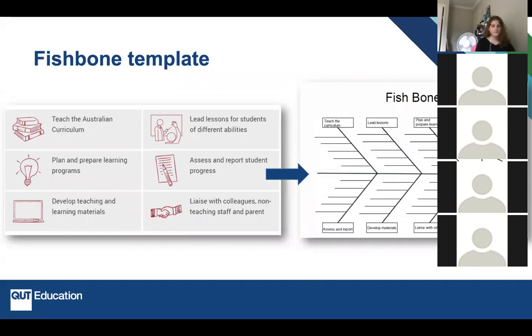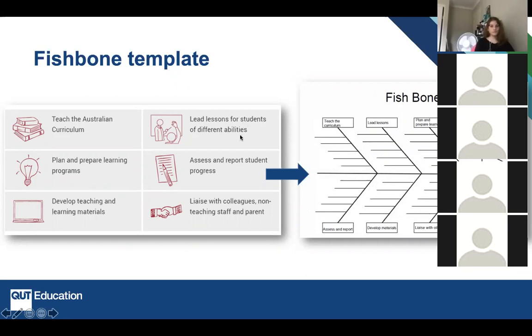I said things like complete their professional development, meet with other teachers, work with the students' parents, work collaboratively with other classes, and then work with their teacher aides. Excellent. Fabulous. Well done. I think someone's actually posted their fishbone into the